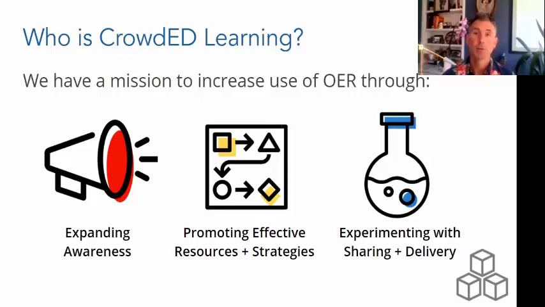And so we had sort of a three-pronged approach to doing that. One was simply expanding awareness, finding out what is out there, what is being used effectively by adult educators, and making the field aware of what could be used that was freely available and open. We also have been and continue to provide professional development around promoting specific effective resources and strategies for actually using